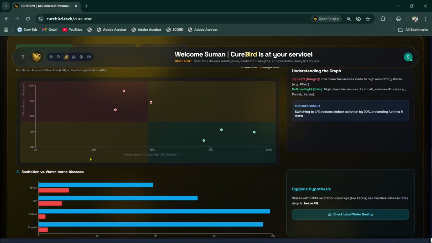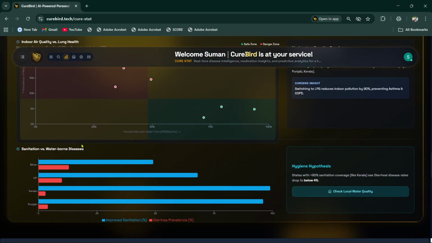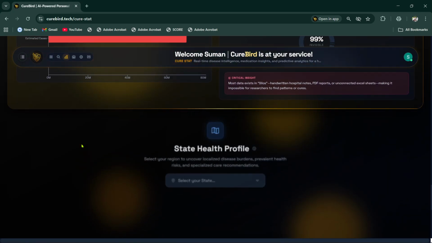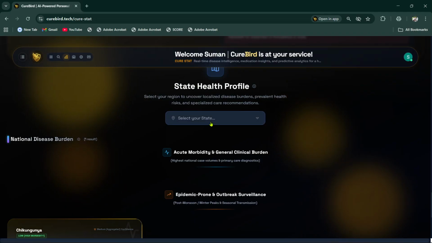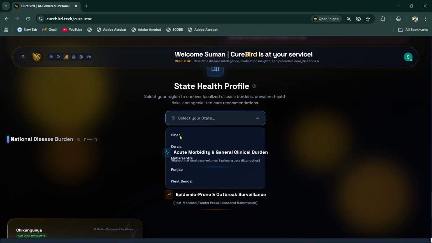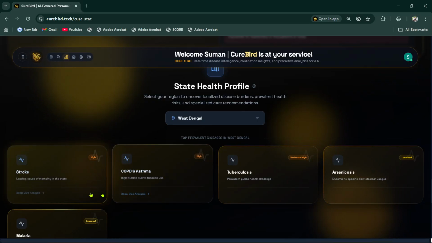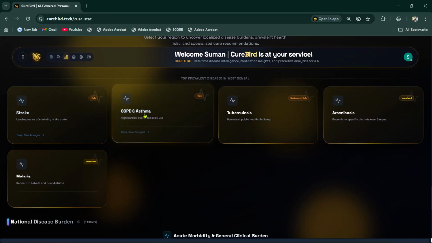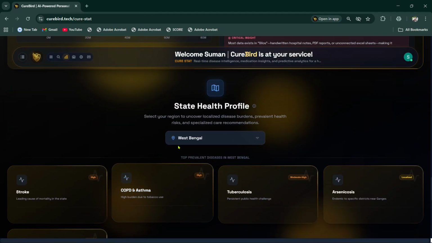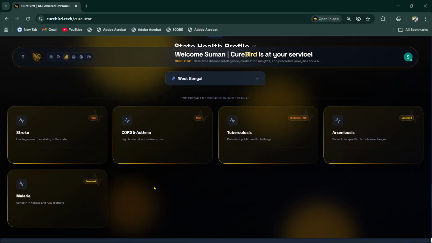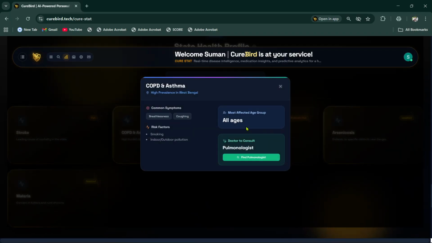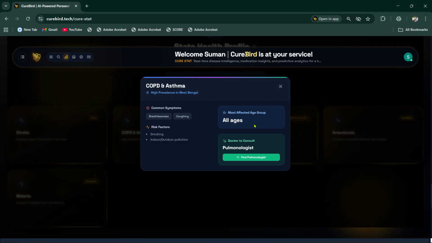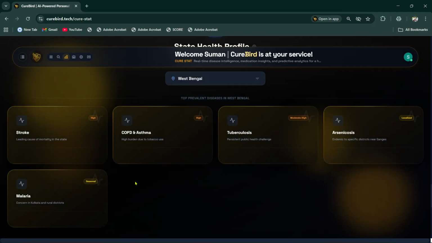This is some health metrics that India uses. I'm not going deep into this kind of thing. Let us go here. We have also given a state health profile. If you select a state, it will show what prevalent diseases are at their peak right now, like COPD and asthma are peak in West Bengal currently. We have 5 states depicted here, but we will keep on adding states as we progress. As you can see, risk factors, common symptoms, and affected ages are shown here, and